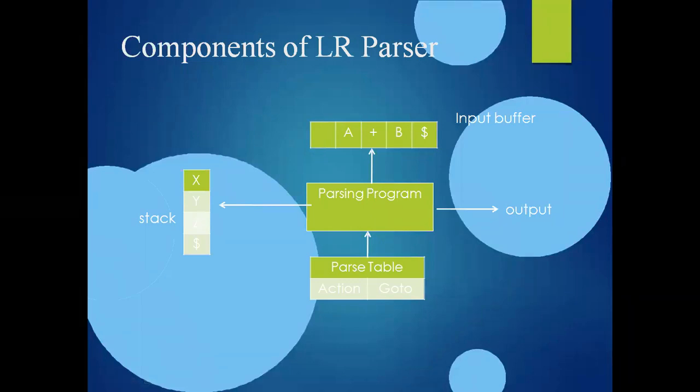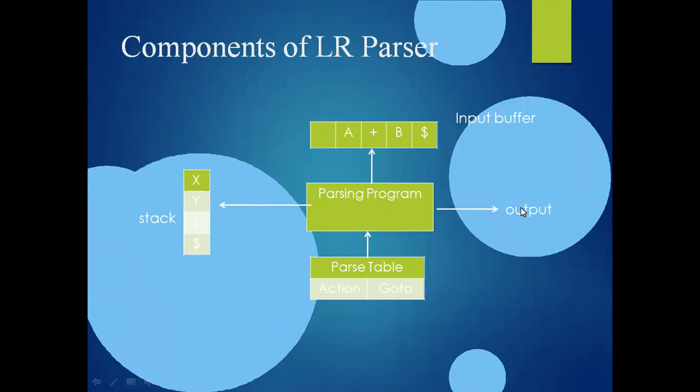How many data structures does the block diagram of an LR parser consist of? There are mainly three data structures: an input buffer, a stack, and a parsing table. In between, it is a table driven program that we are implementing. Table driven means that from the parsing table we implement the parsing of the input string, so we call it table driven parsing. Finally we get an output, right?